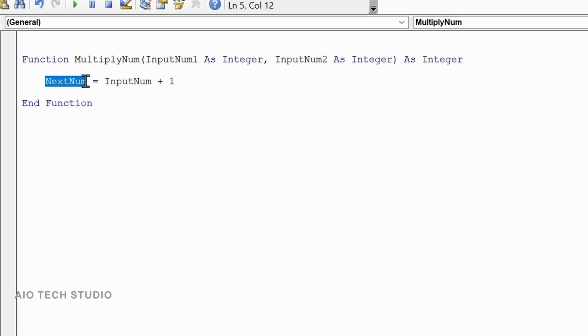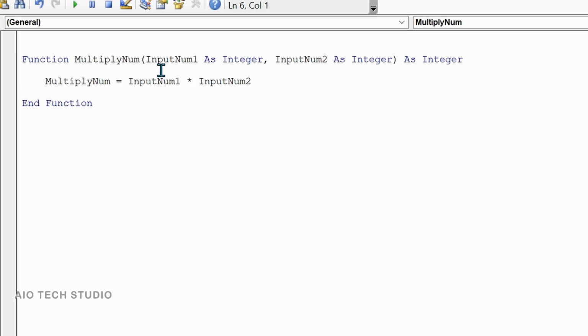We have to change the expression as well. MultiplyNumber equals InputNumber1 multiplied by InputNumber2.